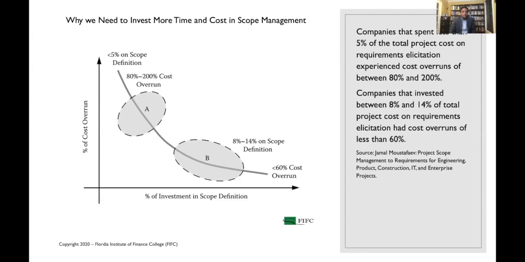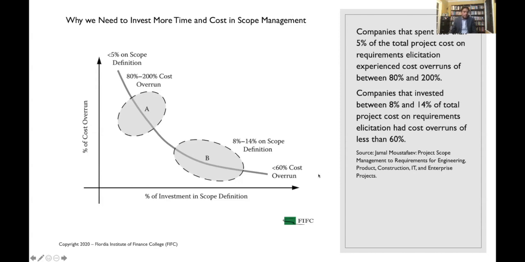So you may still have a cost overrun, but if you put more time and energy into your requirements, your cost overrun is significantly less: from 80 to 200% down to less than 60%. So the rule of thumb is to spend between 8 to 14% of your project cost on defining, verifying, ranking, and